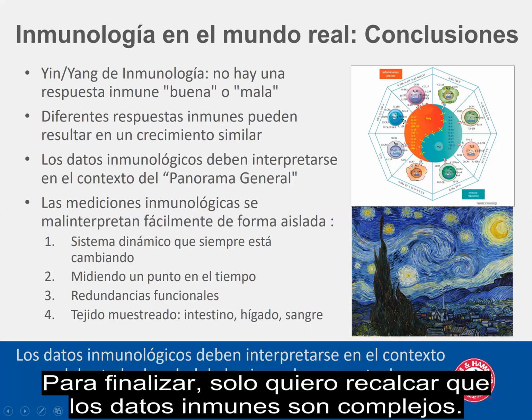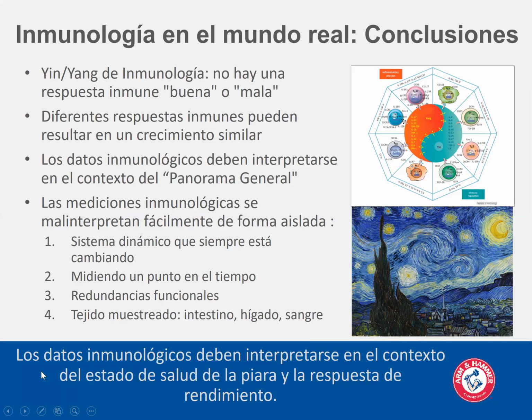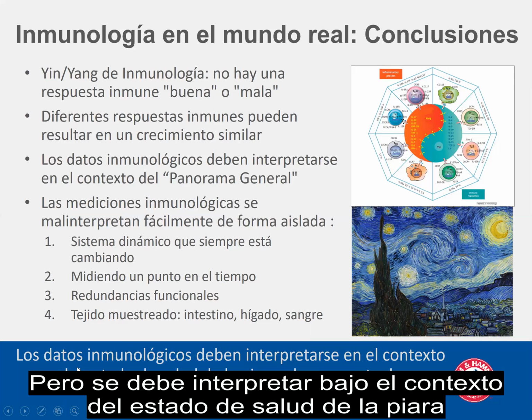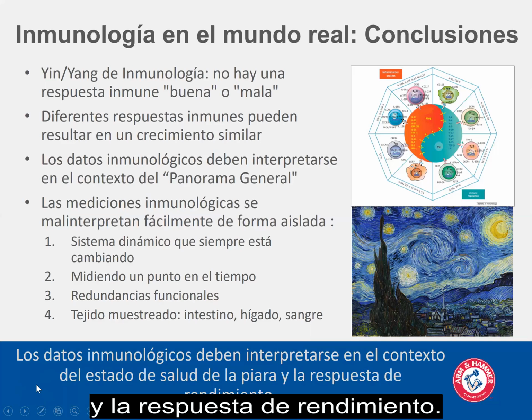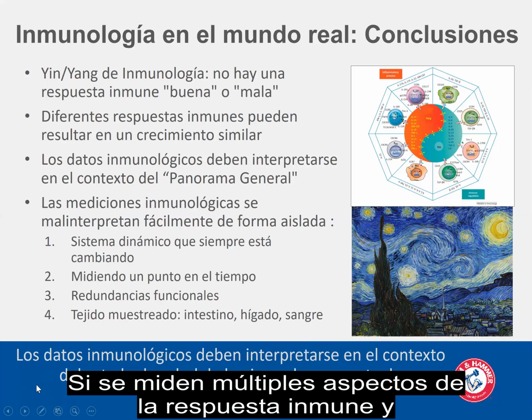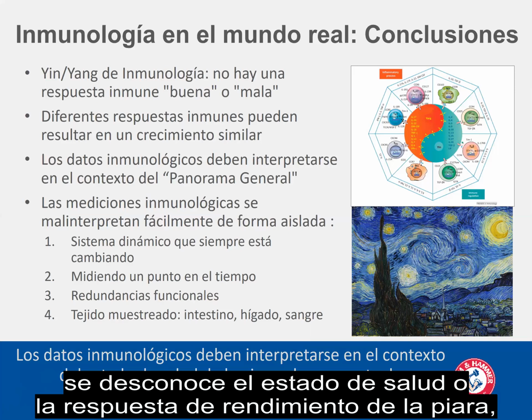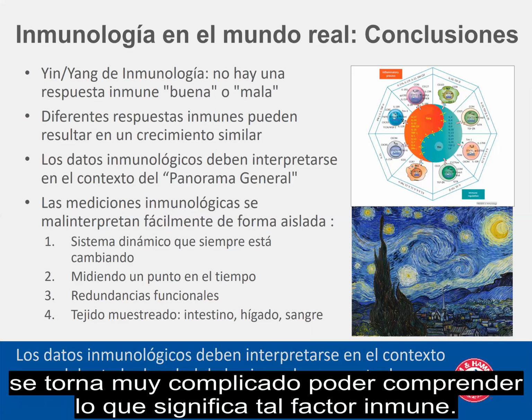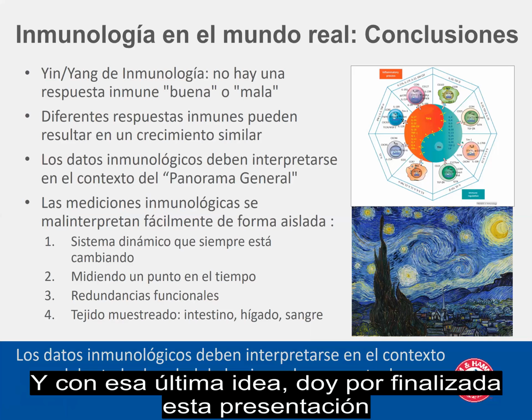So again, to leave you, I want to just emphasize that immune data is complex, but it should be interpreted within the context of your herd health status and performance response. If you measure an aspect or multiple aspects of the immune response and you don't know what your animal performance is or what your herd health status is, it becomes extremely difficult to understand what that immune factor means. And with that, I'll leave you